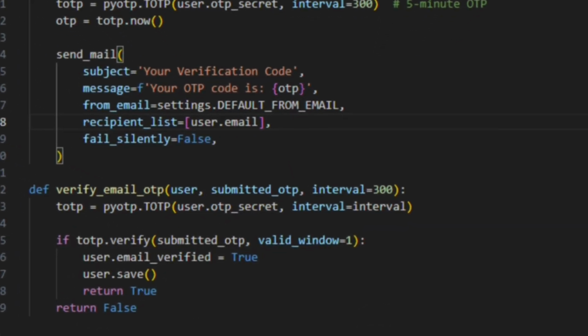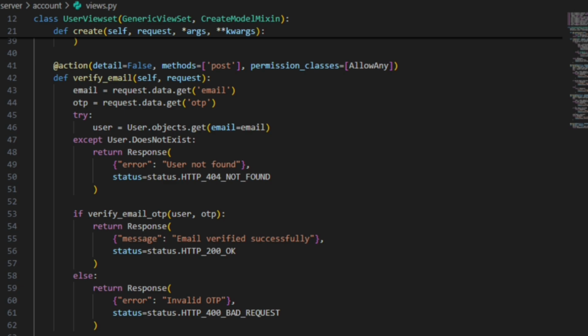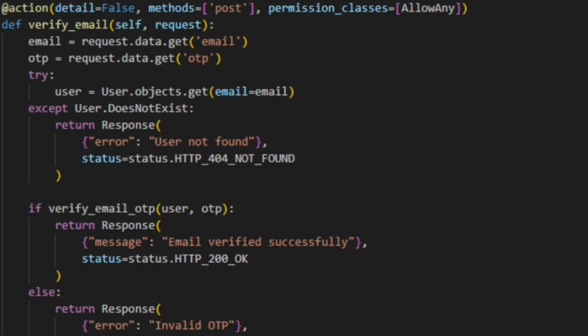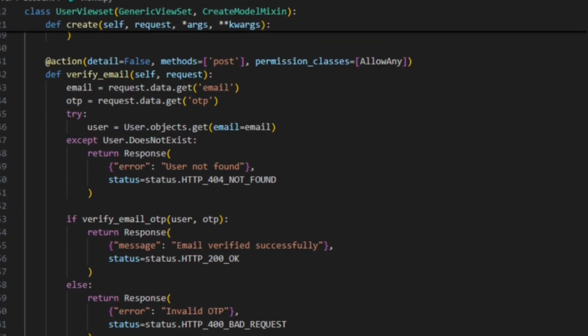When you see the verify email OTP, it's very simple. It just verifies that the OTP is valid in a 5 minute interval. Then I add a custom action in my view set to verify the user's email. We're going to use the verify email OTP from our utils file, but first we're going to make sure that